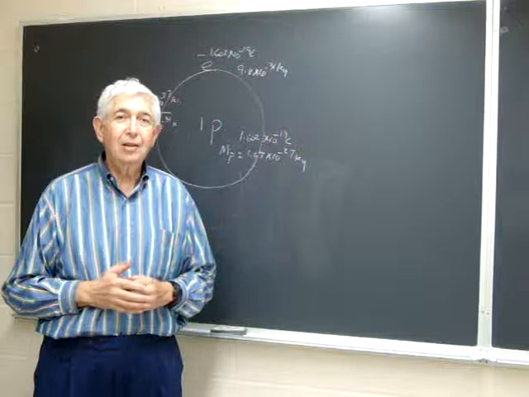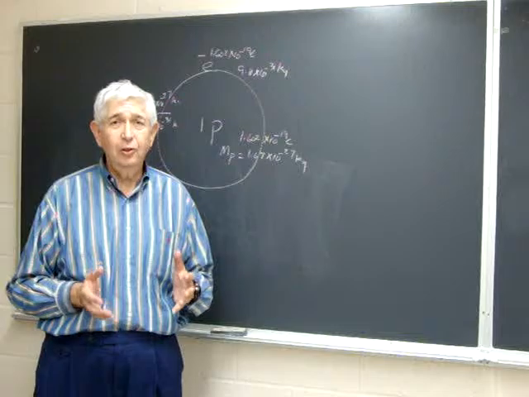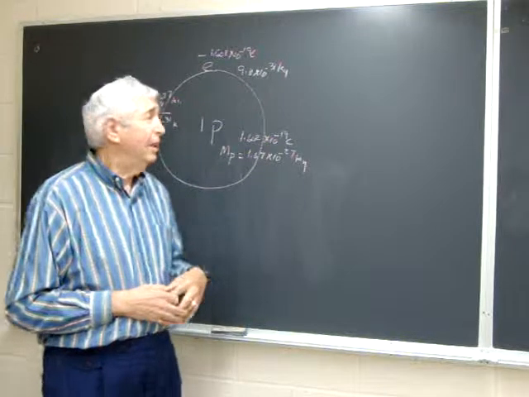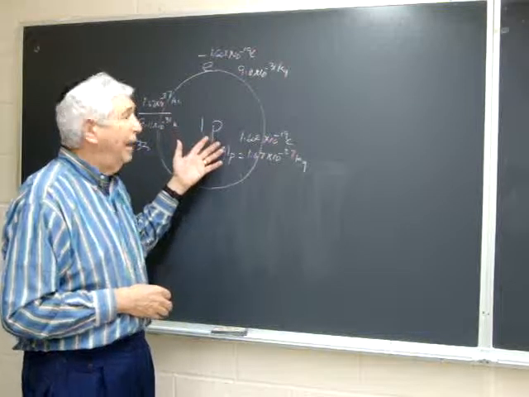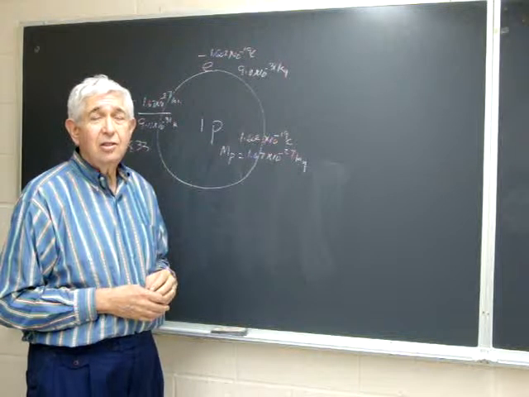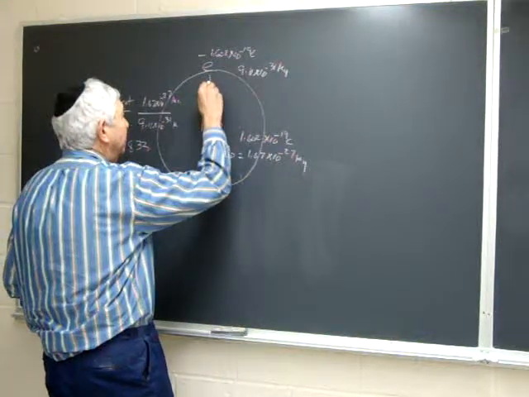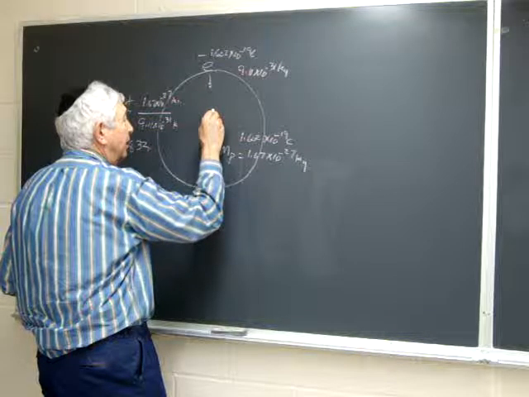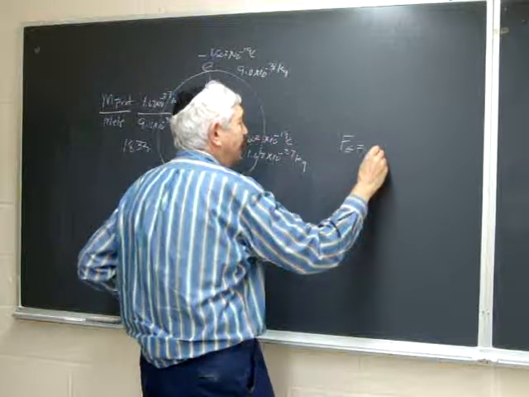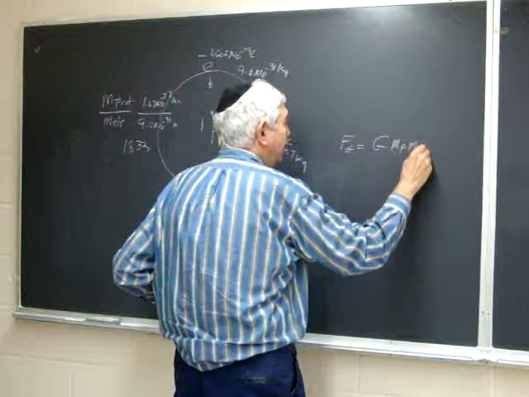Hi, I'm Dr. Pariser, and now what I want to do is talk about the forces in a hydrogen atom. The proton has a mass and the electron has a mass, and so there's a gravitational force between these masses. So the force of gravity between the masses is G times the mass of the proton, mass of the electron,